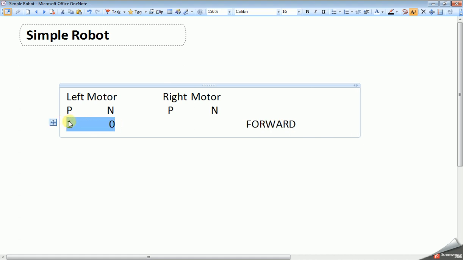These basics were already discussed in the previous video. The right motor also we have to move clockwise, that is 1 0. Now both motors are in clockwise direction, which means the robot will move in the forward direction.